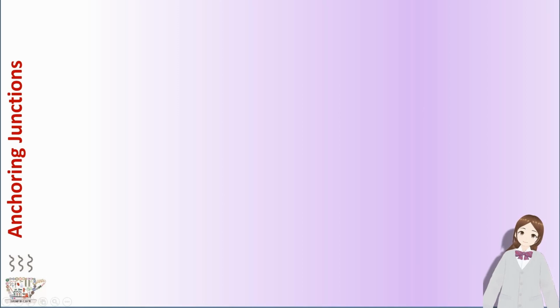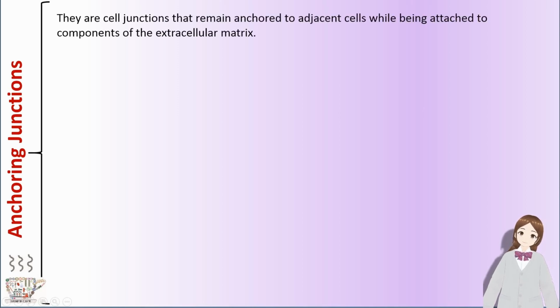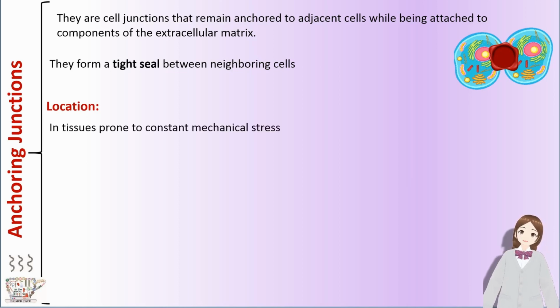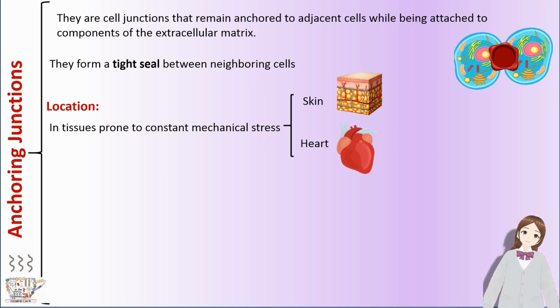Anchoring junctions. They are cell junctions that remain anchored to adjacent cells while being attached to components of the extracellular matrix. They form a tight seal between neighboring cells. They are located in tissues prone to constant mechanical stress, such as skin and heart. Anchoring junctions have two parts in their structure: